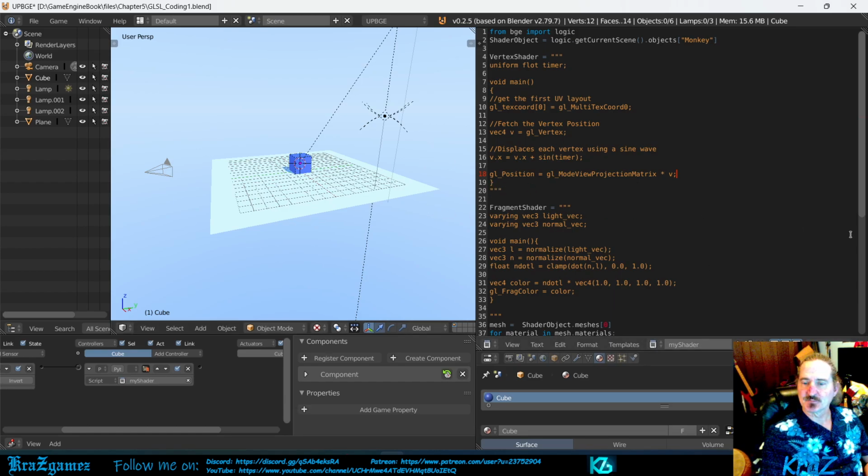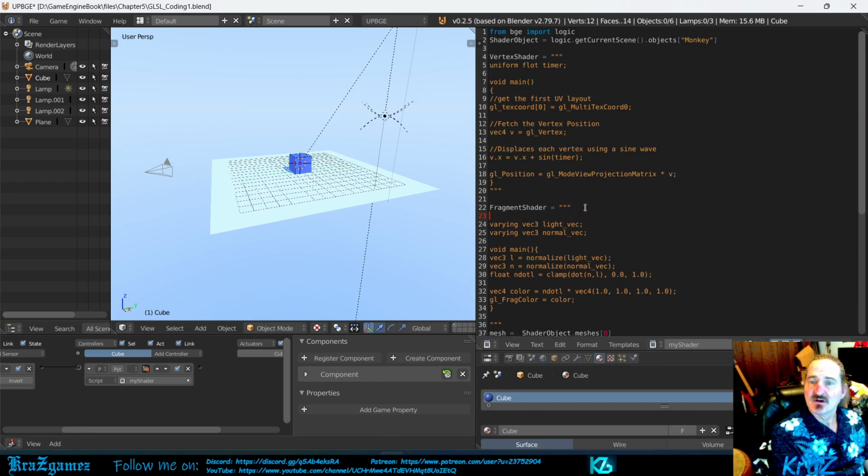Okay, now I'm gonna go down to my fragment shader, because we just did the vertex shader. So now we're gonna come down to the fragment shader, and it's gonna have uniform. So we're gonna go over here, and we're gonna hit enter, hit uniform, sampler 2D color map, colon,